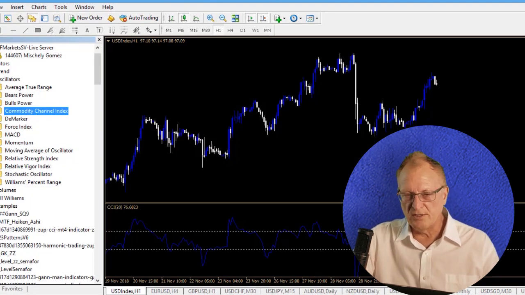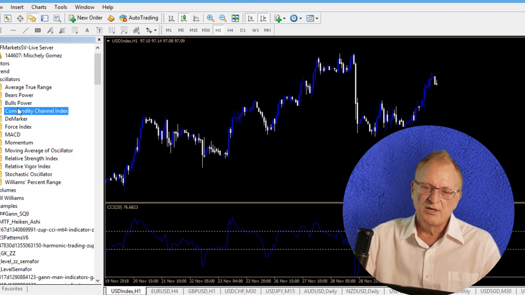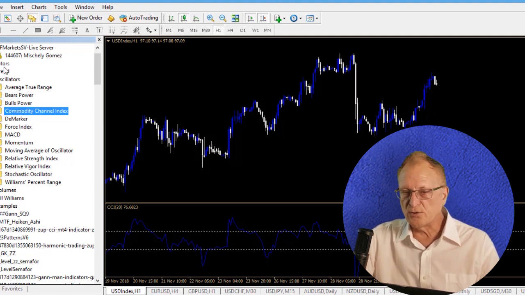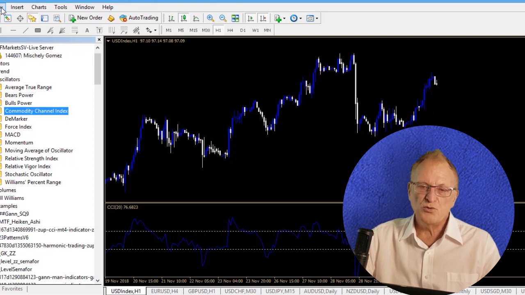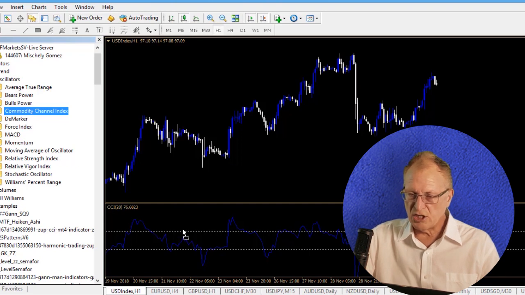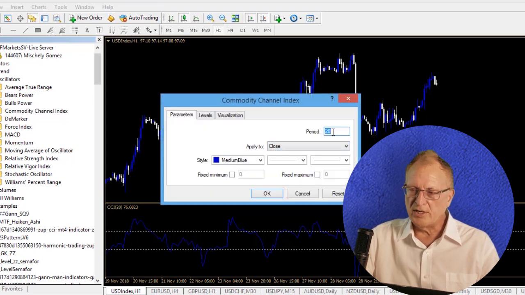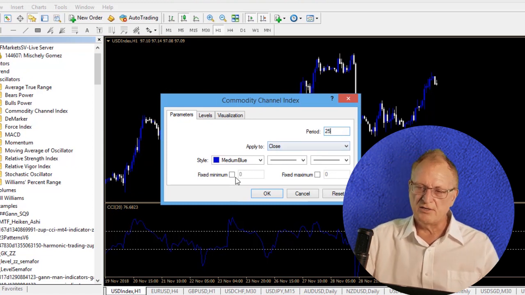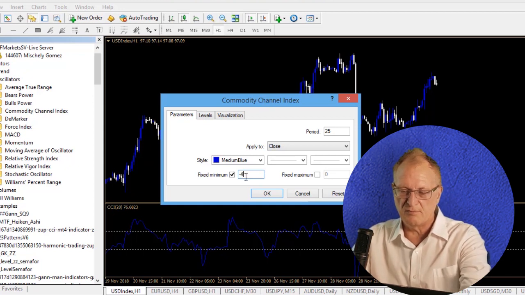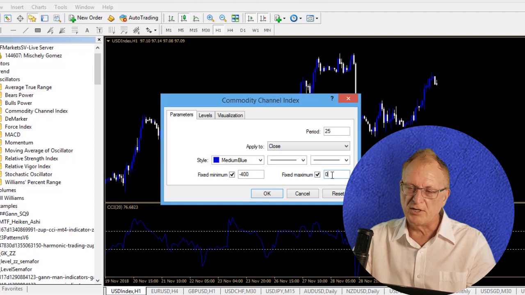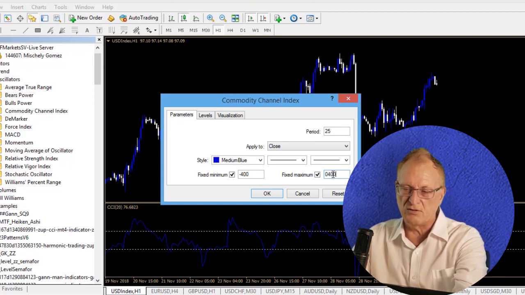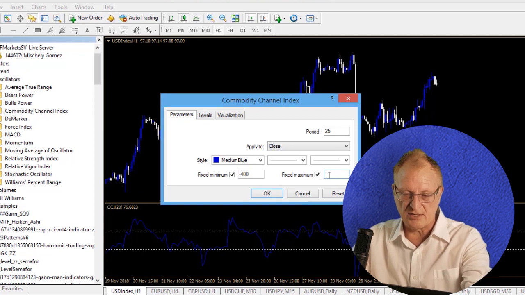Okay, so for this particular indicator, you want to make sure you go back to the oscillators folder, and I have gone to View, Navigator so that these indicators are showing on the left-hand side of the chart. If you now just take this indicator and drag it into the same channel, and we'll make this one 25, then you'll see in Metatrader 4 you have to put in that fixed minimum manually each time. In Metatrader 5 they have made it default to whatever you did last time, saving a little time,